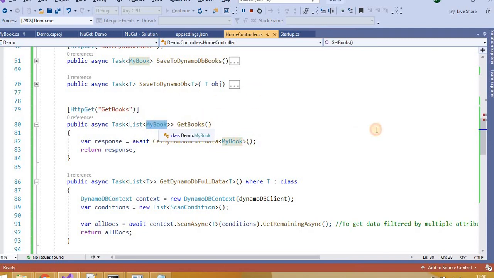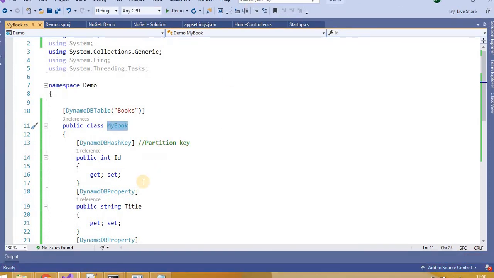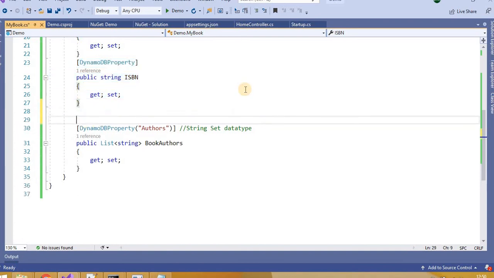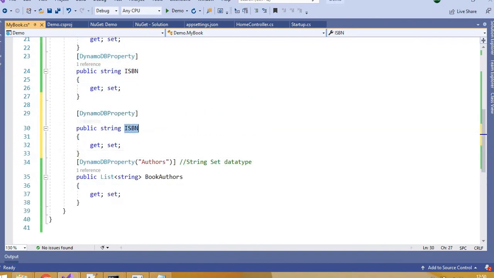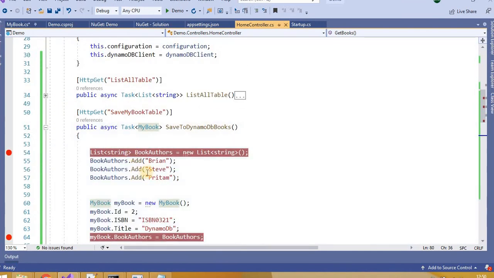Now let's try one more thing in the my book class. Just stop it. Let's say we have one more property here, and its property name is, let's say, book page, right? So we will try to save by adding one more column.